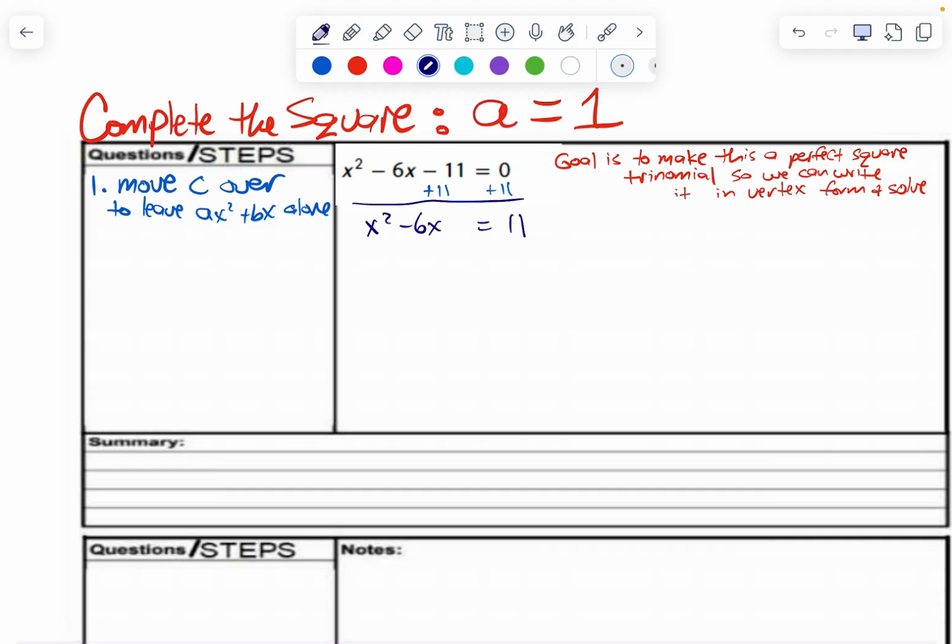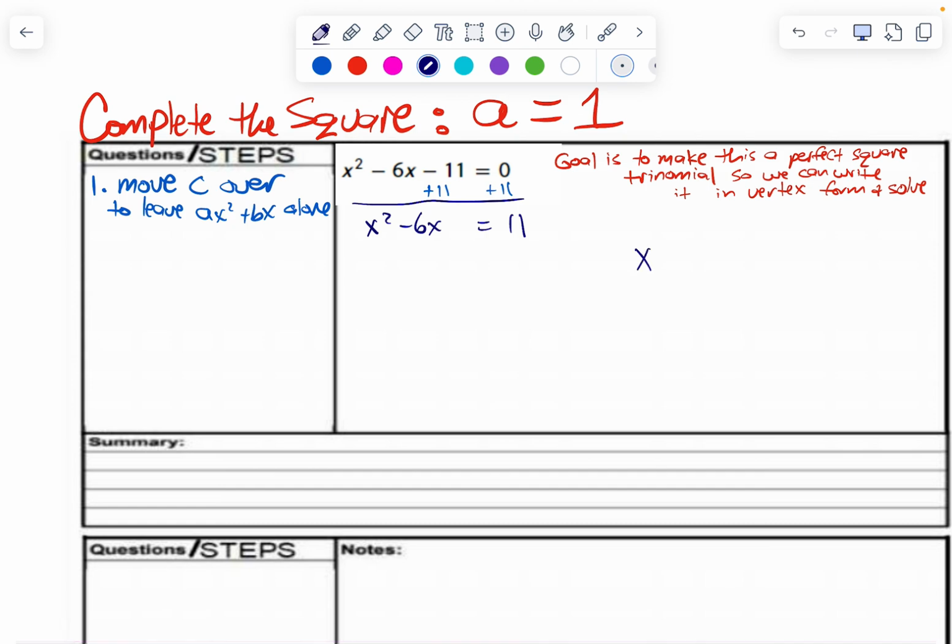Okay. Our goal, again, is to fill this in. Now you can think of this on the left side as not having a c value anymore. So we want to fill in a c value such that this left side becomes a perfect square trinomial. And a perfect square trinomial is where,